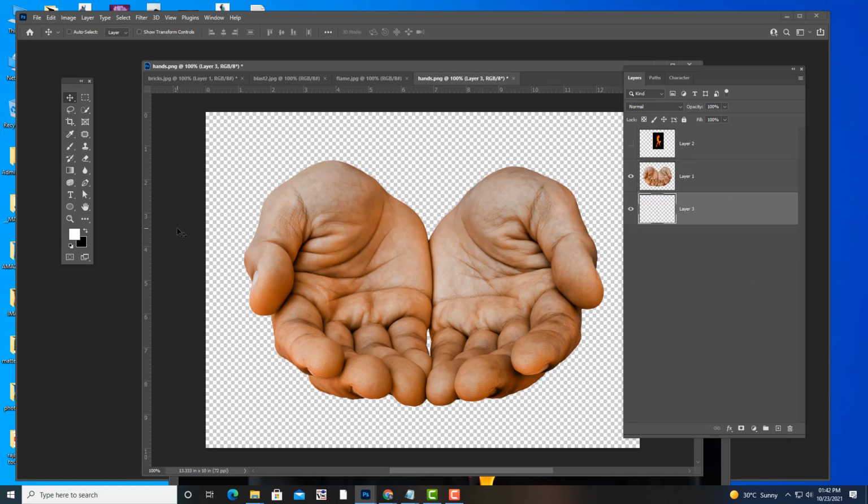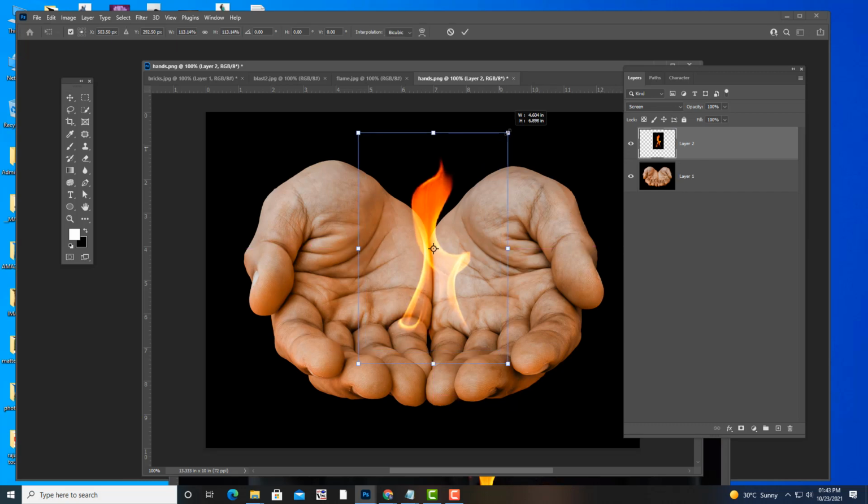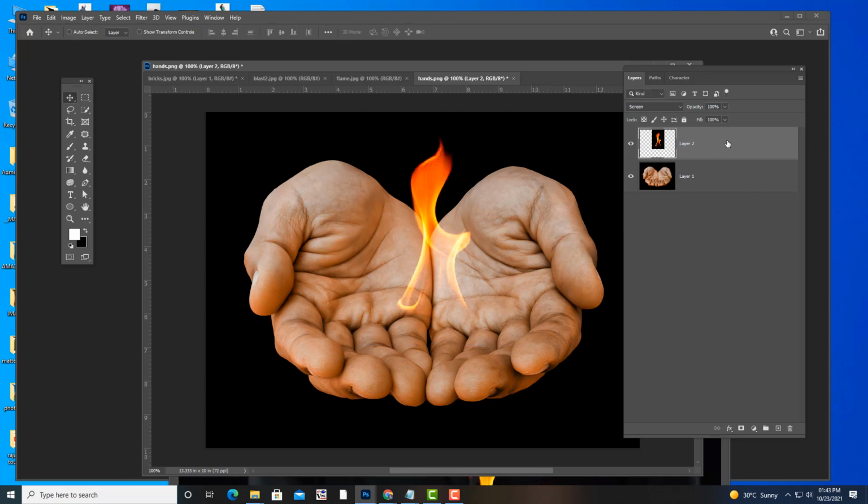And I also told you how to apply color to the background. Okay, Control Backspace and Alt Backspace. Okay, so like this, and we can merge these two layers. How to merge? Control E, like this. See, you can do something like this. And if you want more intensity, Control J. See, now it has more intensity. Understood? So this is the use of blending modes.